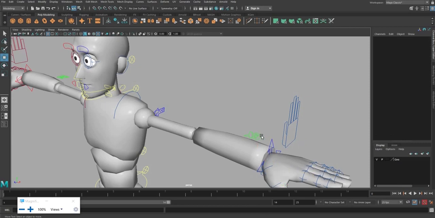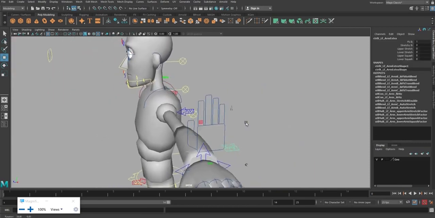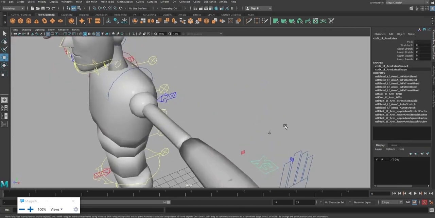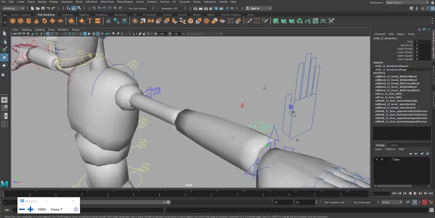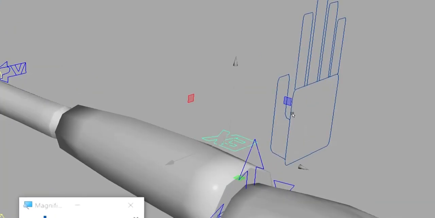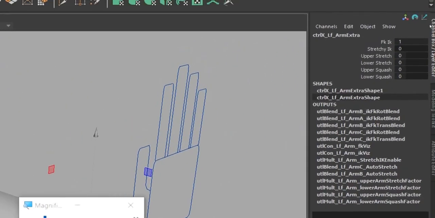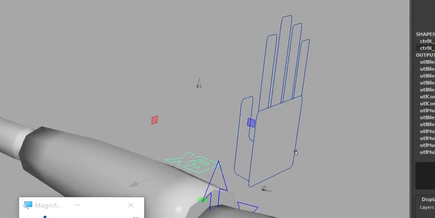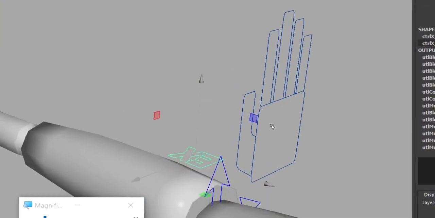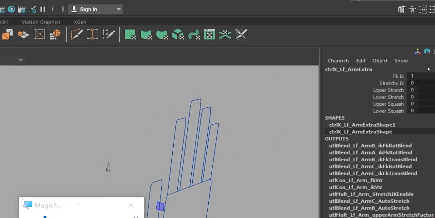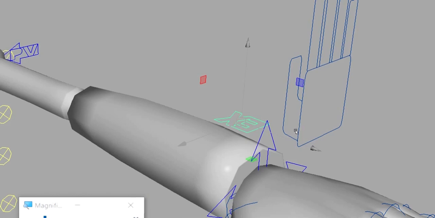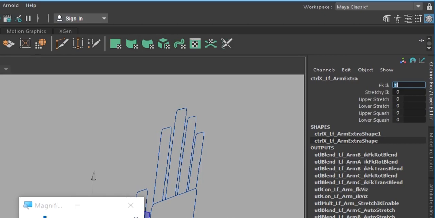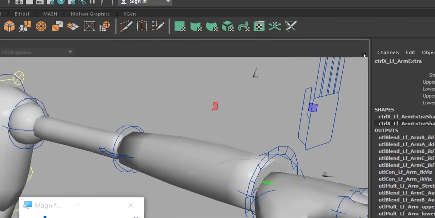I'm selecting this option here. After selecting this, when I come to the channel box, I can see the IK FK switch. If it is 0, it will be FK, because it is already in IK and the value is 1. So I'm going to make it 0.